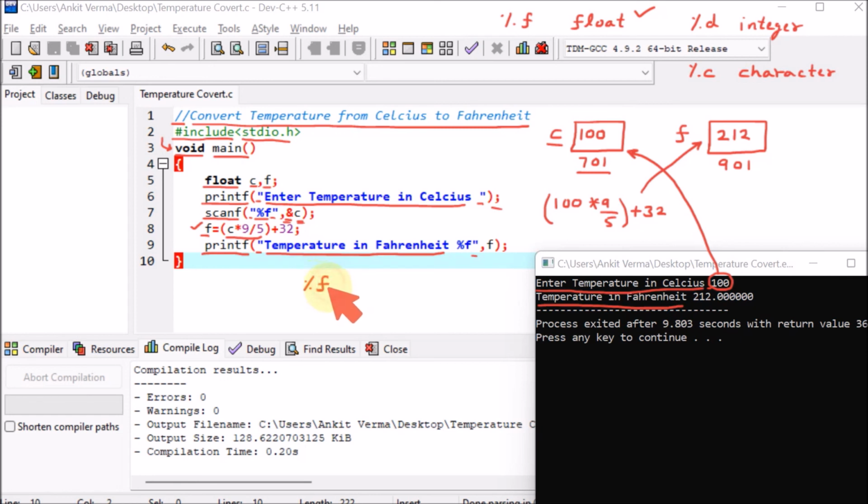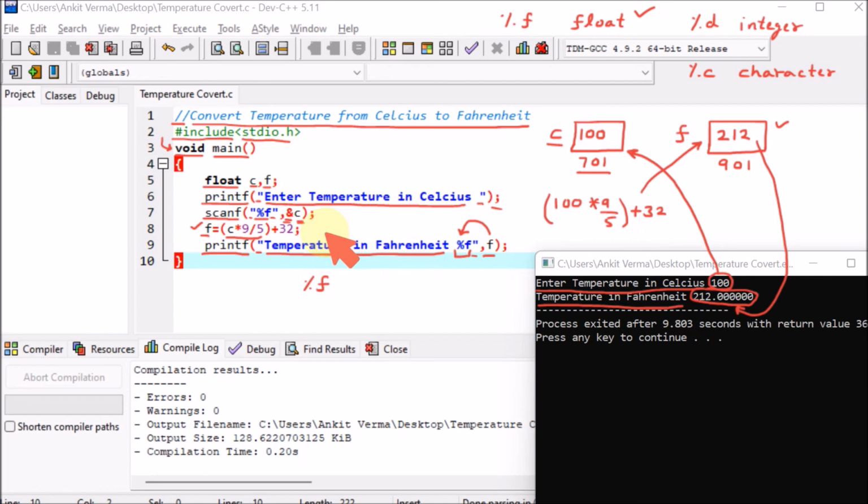This is special for float. This %f will not come directly. It will take some value from F. Now this value of F, which we know is 212, will come here. So after this, it will show the result, which is 212, and .00 is applied. So this is the result, and this is how the program works.